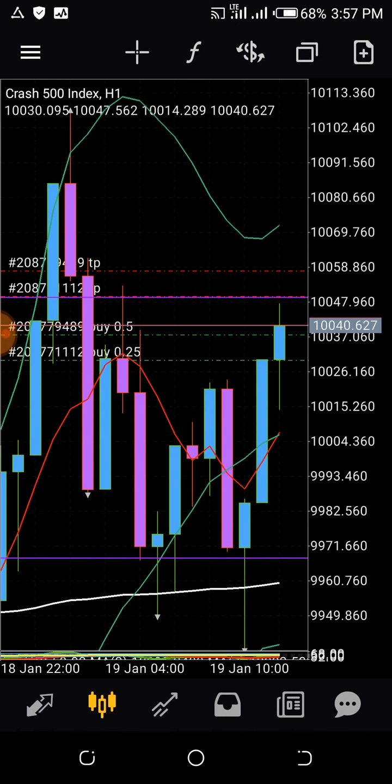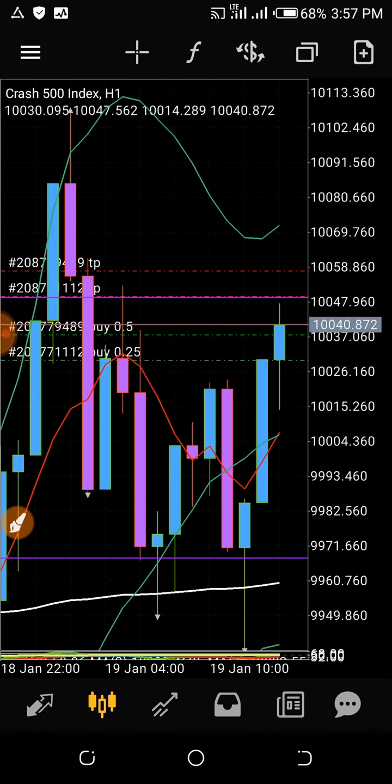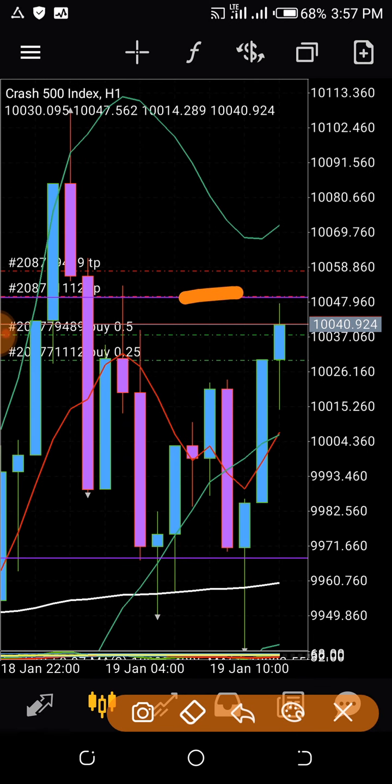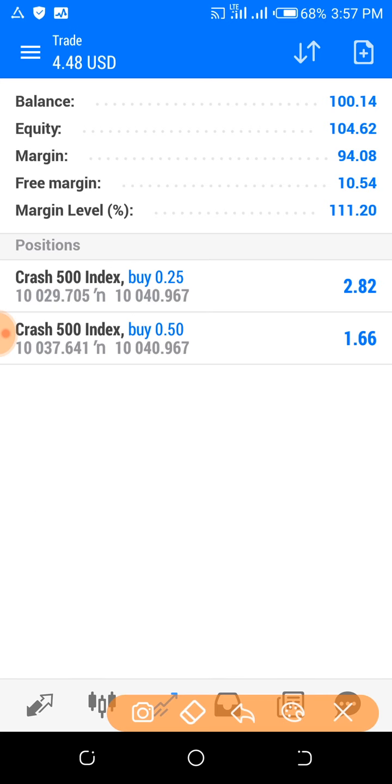So what I'm waiting to see is for this movement. Price is currently at 100,400. I'm looking at getting out somewhere here at the top, and also for the second position up there. I'm presently on the lower accounts. The first one I entered, which I entered at 100,429, I'm hoping to get out somewhere where it will give me $5. I think this also should give me about $5 when it closes.